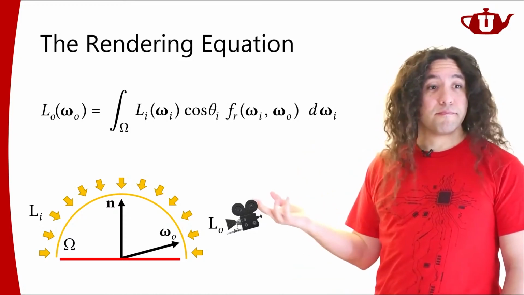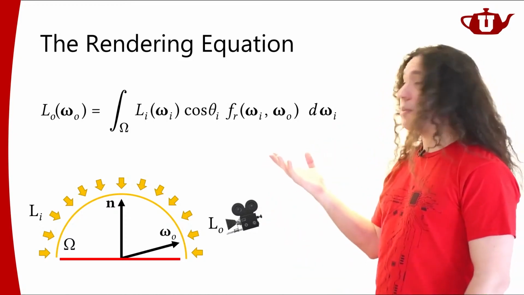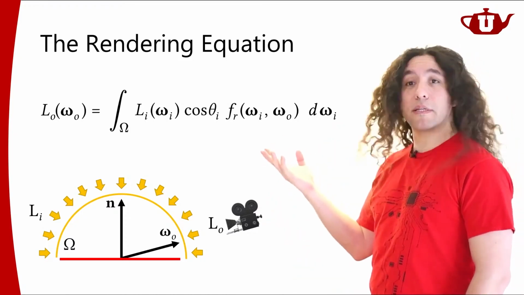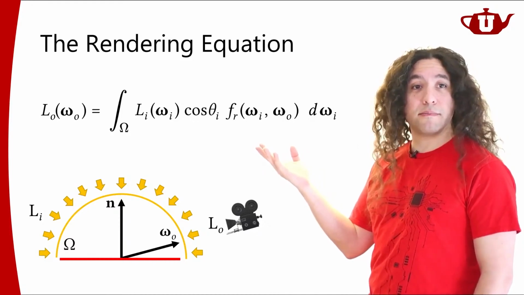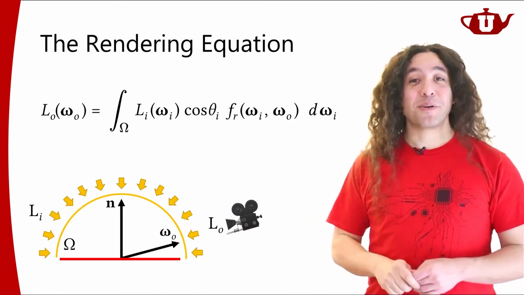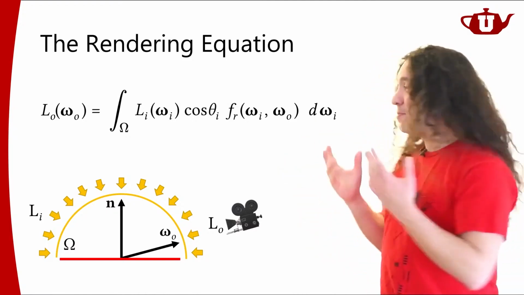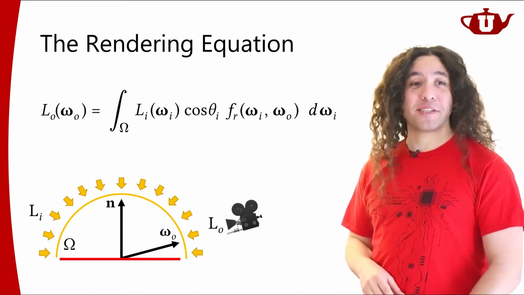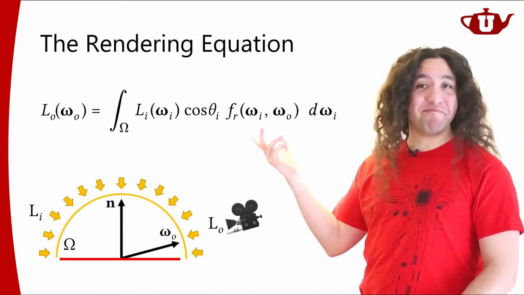All right, that is the rendering equation. That's what I showed you earlier. This is it. That's it, really. Light is coming from all directions, and we're just summing it up, and there you go. There's our result. Not too tricky, right?